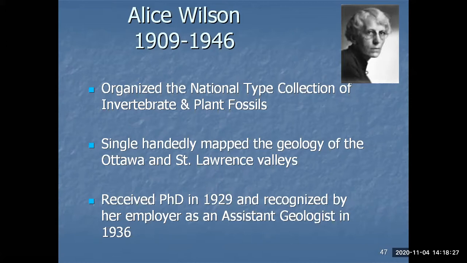She also received her PhD in 1929. She finally, after many years of asking, was given a scholarship by the Canadian Federation of University Women, people who had some influence, I would say, because many of their husbands were the political powers of the day, and they put pressure on their husbands to allow Alice to go away to do her PhD at the University of Chicago. I say it that way because she had asked and asked and asked and was never given permission because they needed her as the museum assistant and preparator. And so finally, with a lot of pressure from the Canadian Federation of University Women, she was given permission. She got her PhD in 1929 at the age of 48,